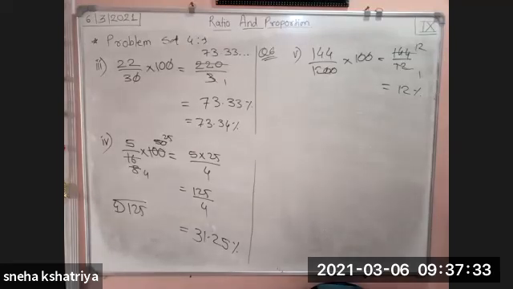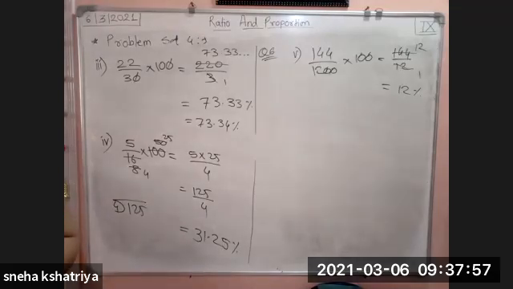So in this way, you are going to solve all your questions from your chapter ratio and proportion. We are still left with question number 7 and question number 8, because after question number 9, all the examples are removed from your syllabus. Only up to question number 8 we are going to solve. So in the next lecture, we will see question number 7 and question number 8. Along with that, I will give you some important questions and revision from this chapter. So in the next lecture, we will complete this chapter.